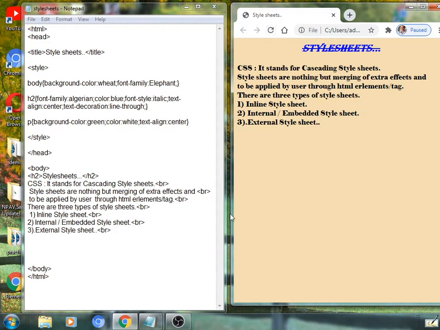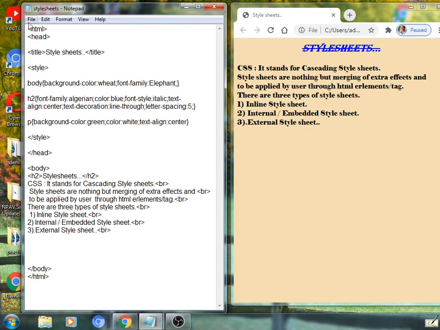One more effect is there again, I would like to apply. Letter spacing, letter hyphen spacing, a property is there. It holds a value as a number of pixels, and it applies a space between two adjacent characters, alphabets. Suppose I have given here letter spacing colon 5.